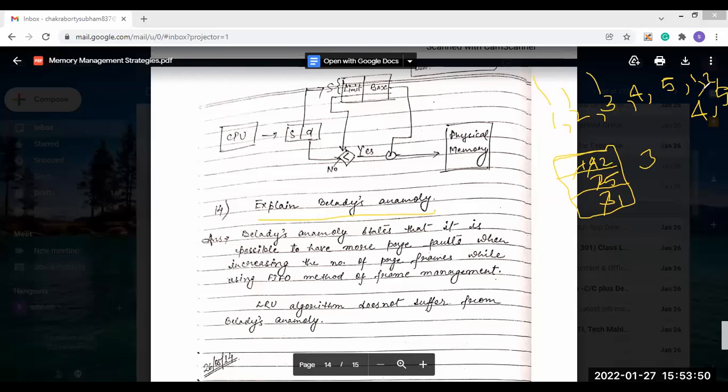Then after that, let's say this can be 5, this is 1. So that means next 5 is coming. So already 5 is present here. So that means hit. This is a hit. Then next 1 came. 1 is also present there. So hit, you see. But if Belady's anomaly comes, more page faults will be possible when the